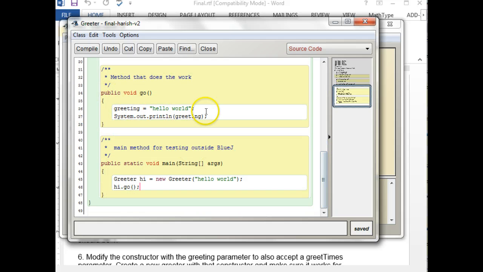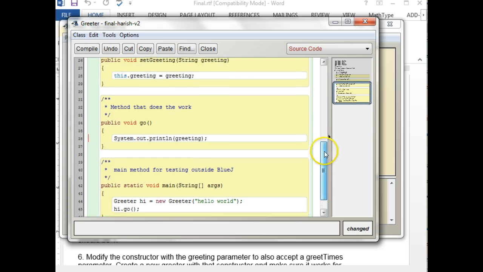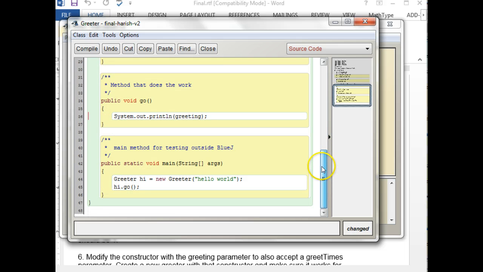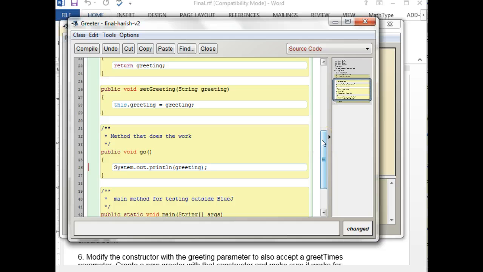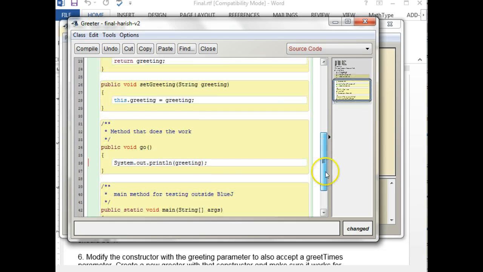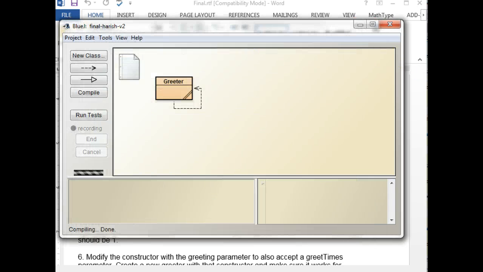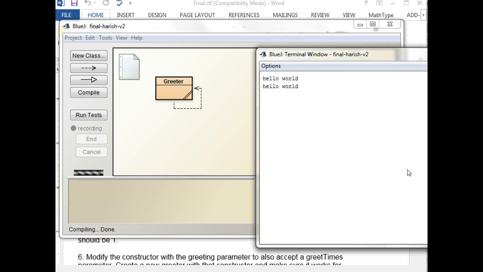Oh, because you're setting greeting to hello world in here. Yeah, we don't. We want to set the greeting with the constructor. So let's cut that out. All right. So Go should just, at this point, just print the greeting. Okay, because we want to set the greeting with these guys. All right, so let's compile, close. Let me clear this,